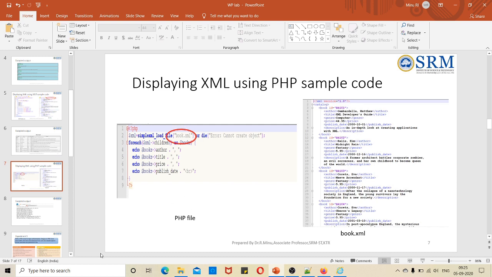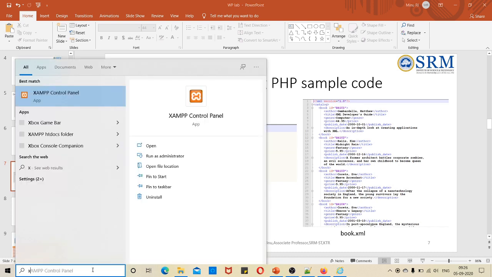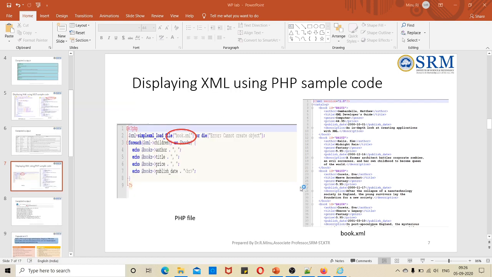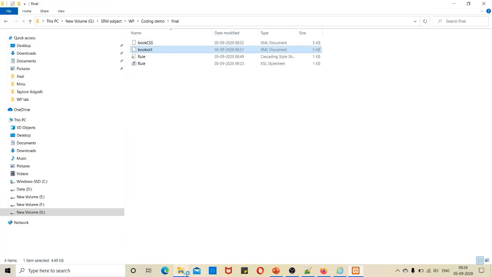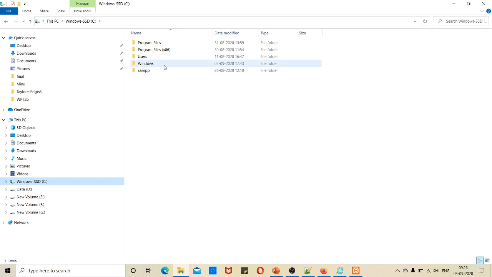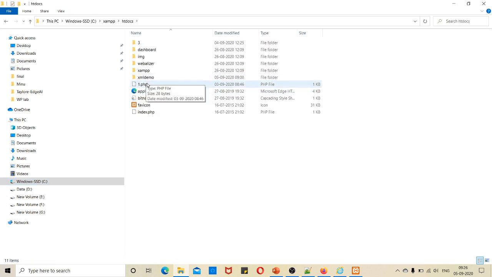For running a PHP code, first we need to run the server. In my system I have my XAMPP server. So let me start my Apache server and also my SQL. It has been started. Now I have saved this particular program in htdocs, in the XML demo folder.